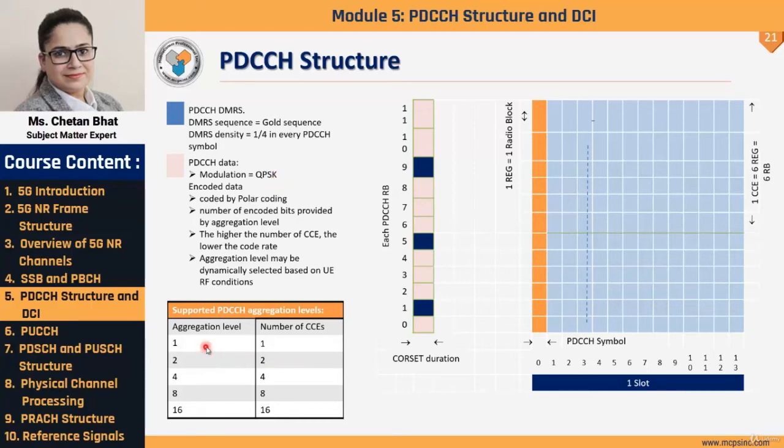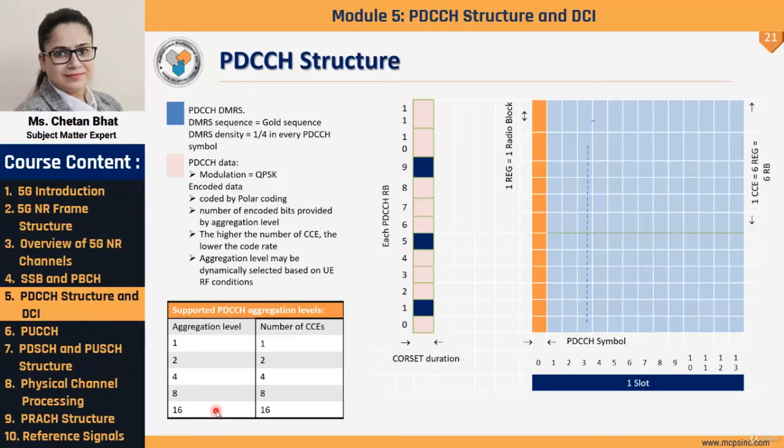Right? So if I talk about an aggregation level of 1, the number of CCEs is 1, so 1 CCE is 6 REGs, right? And 1 REG is 6 RBs, right? So if you multiply it, you get approximately 36, and 36 into 2 bits gives you approximately 72 bits of information. So the higher the aggregation level used for a particular user, it means that the radio condition of that particular user is